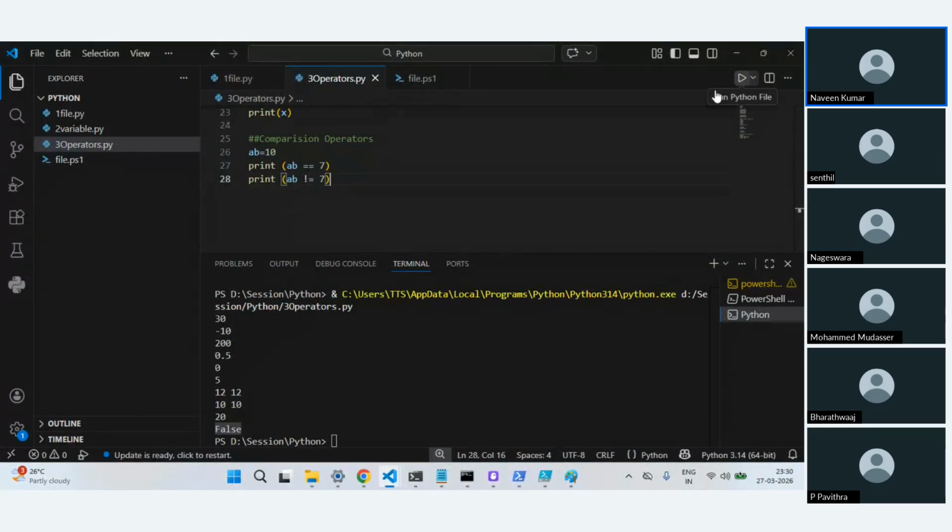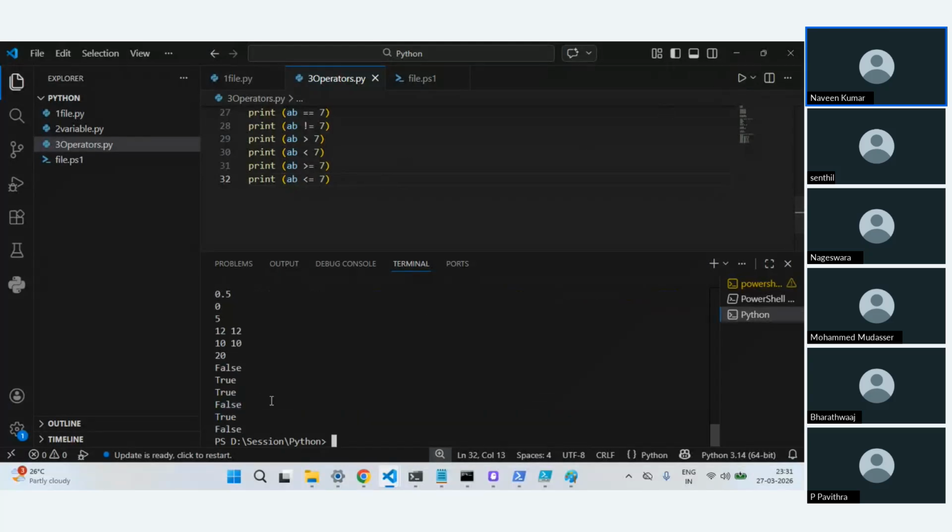Fine. So this is equal to and not equal to, and then you have greater than, and then you have less than. Then you can do greater than or equal to. These are some of the different comparison operators which you can use, and you'll see from here.